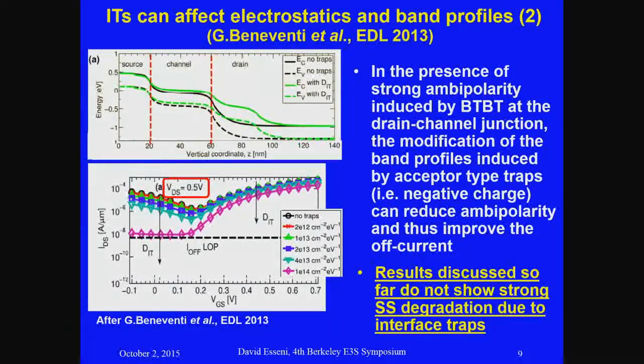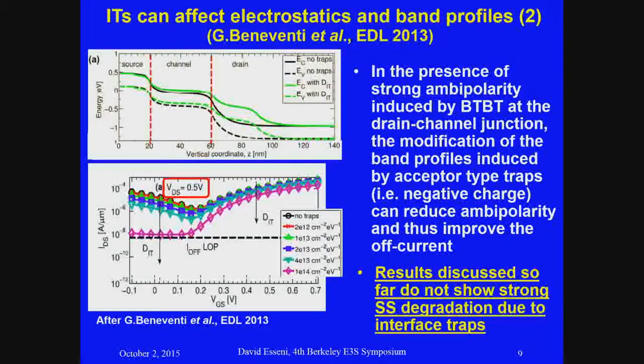In fact, our colleagues in Bologna pointed out in this paper that if we think instead of a case where you do have a relatively large drain voltage, so you have a drain voltage of 0.5 volt, and consequently you have a pretty strong band bending here at the channel-drain region, and you consequently have a large band-to-band tunneling here, a consequently large ambipolarity, so in essence a behavior that you really don't want to have, but if the drain doping is large, this is what we actually tended to see in devices,